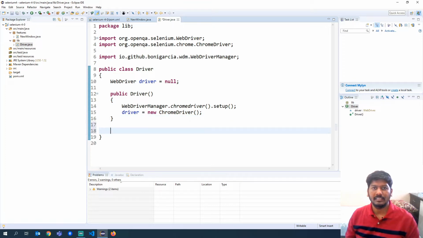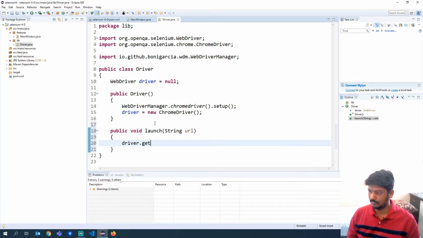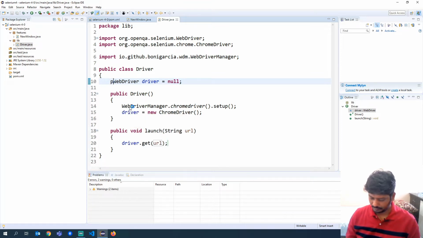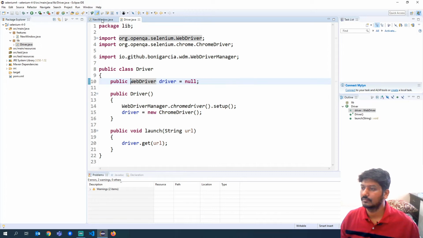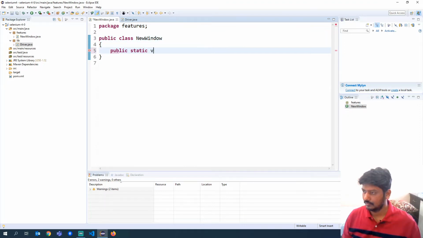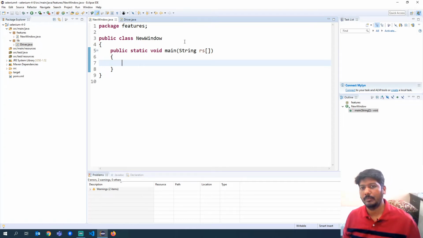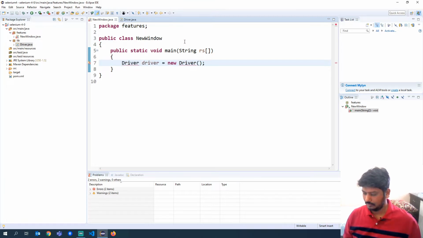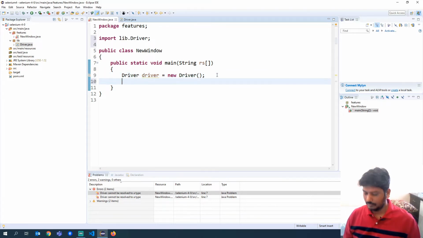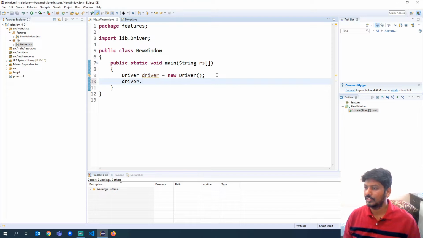We will add one more method like launching the browser. I will also make it public. It will be easy for us to access. Okay, I just added a public static void main. So here we can create an object for the driver. So here I can use the method launch.